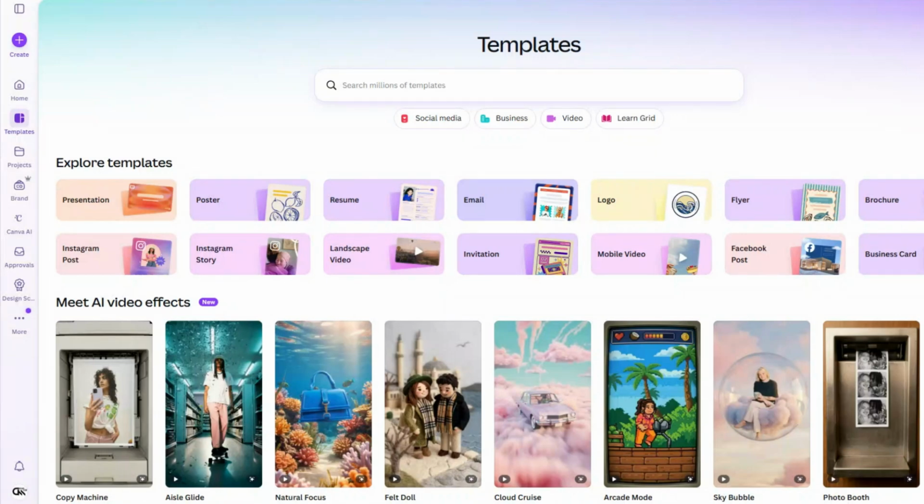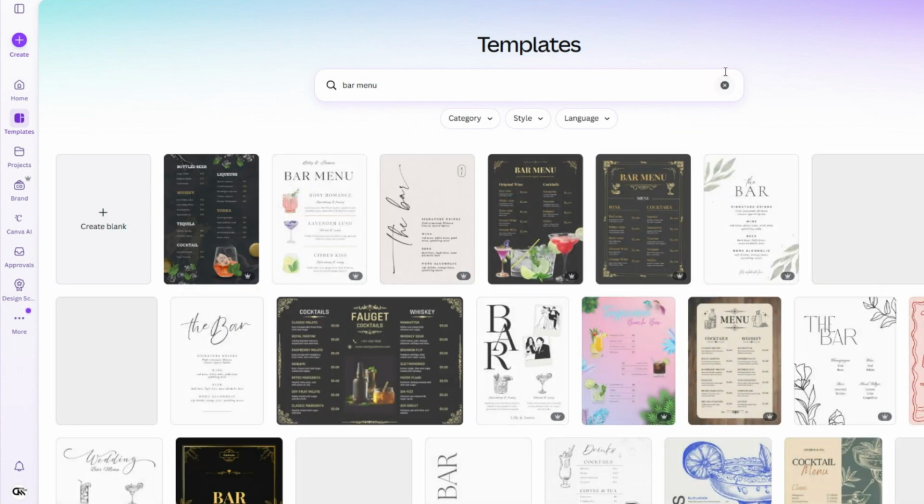In this video, I will be showing you how to make a bar menu in Canva. Let's get started. I'll begin by clicking on the search bar and typing in bar menu to see the available